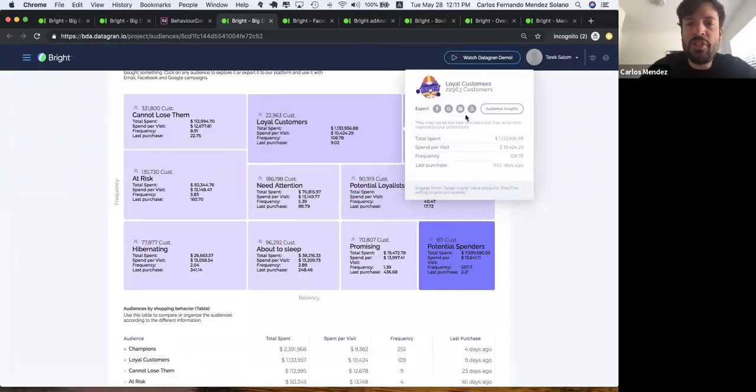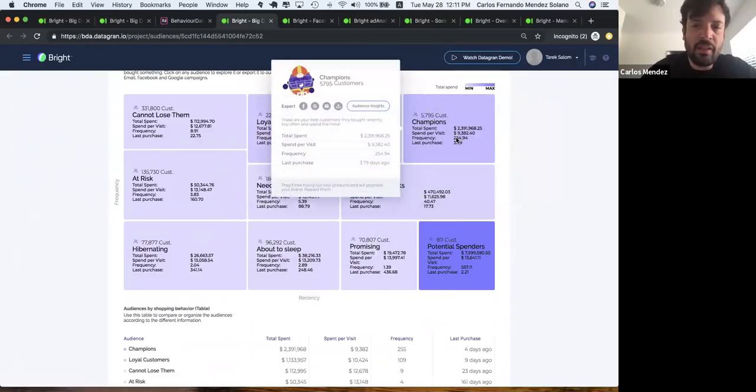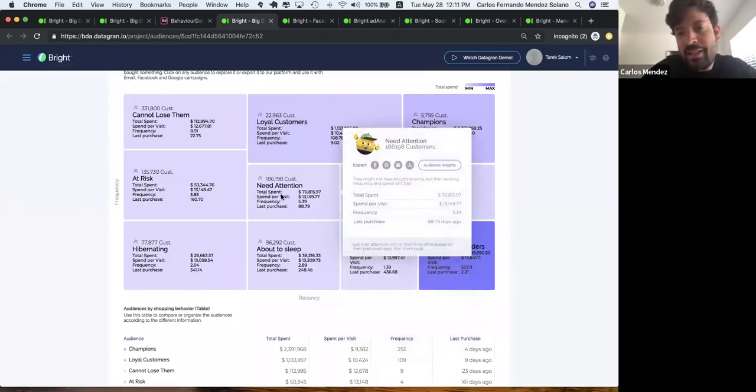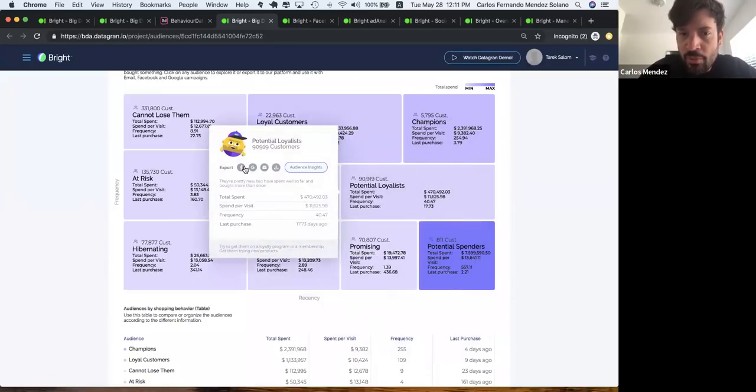So for example, champions, which are your best customers, or about to sleep or need attention. The neat thing about this is that you can also select if you want to create a customer lookalike audience in Facebook or Google, or if you want to send this cluster to an email campaign, or if you want to download the CSV file.